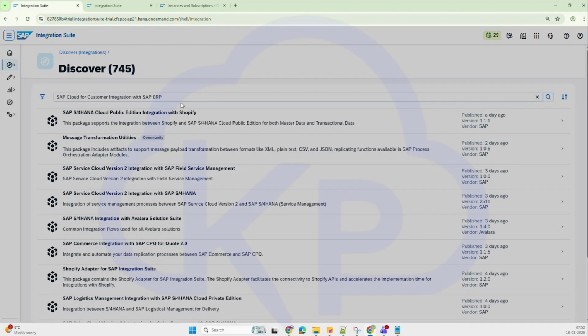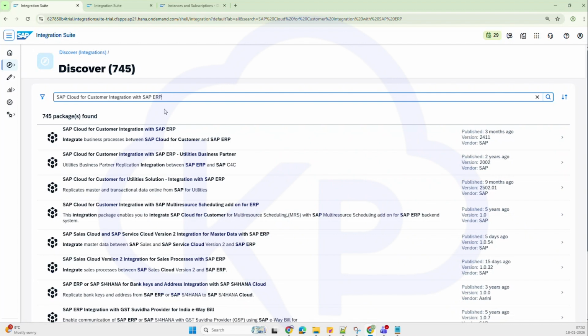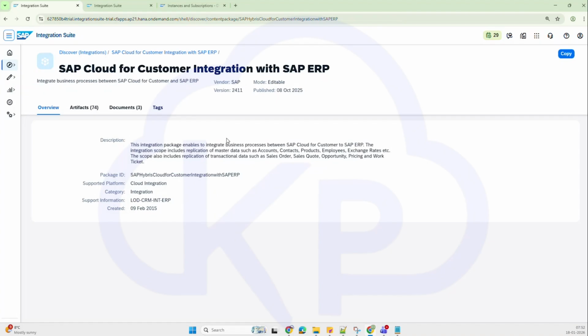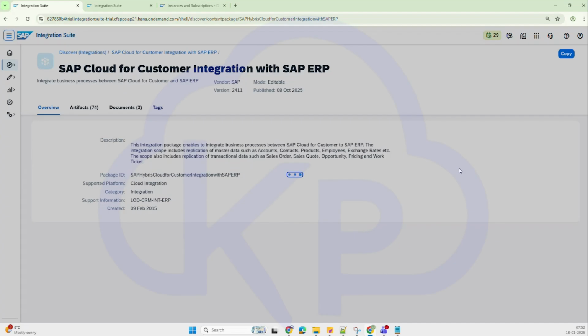Last time I've noted this. So I am finding this particular package, SAP Cloud for Customer integration with SAP ERP. Now if you see here, the mode is editable. So if I just copy this now,